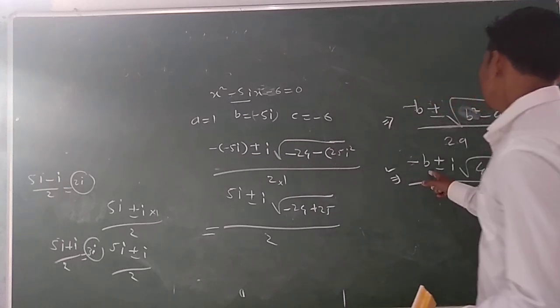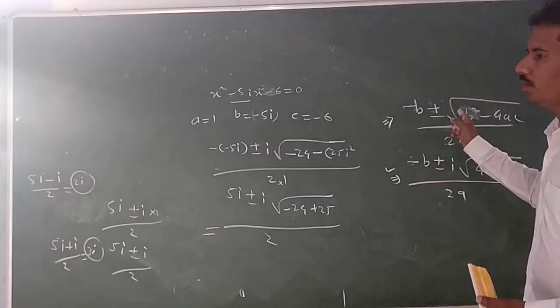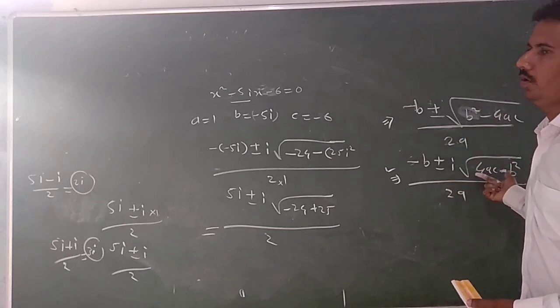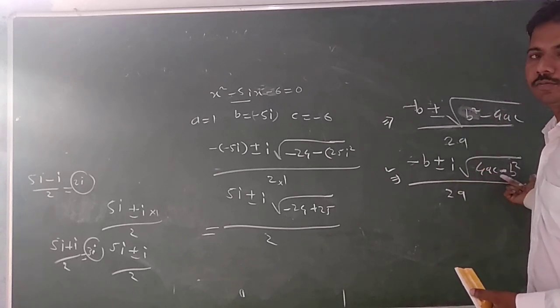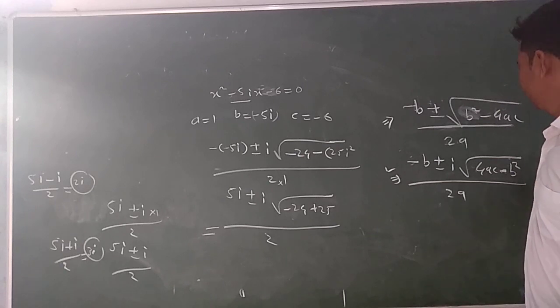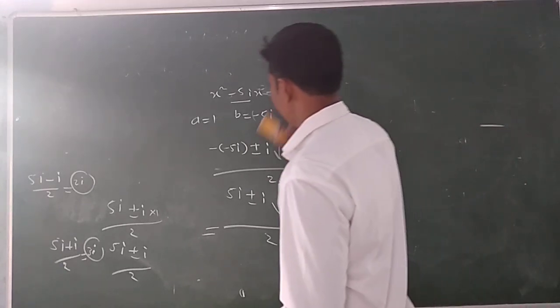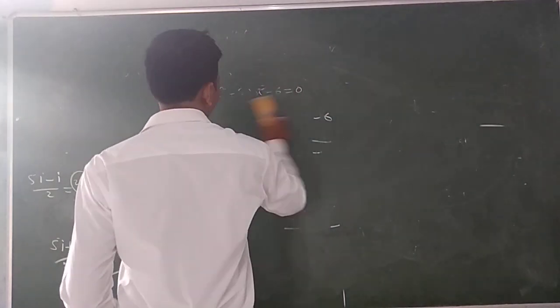While we have taken this formula, you can solve using the other formula also, but you have to take b square minus 4ac as it is. You are not going to write 4ac minus b square. Understood? So this is the way. The second exercise is related to this also. Only two exercises in this chapter.